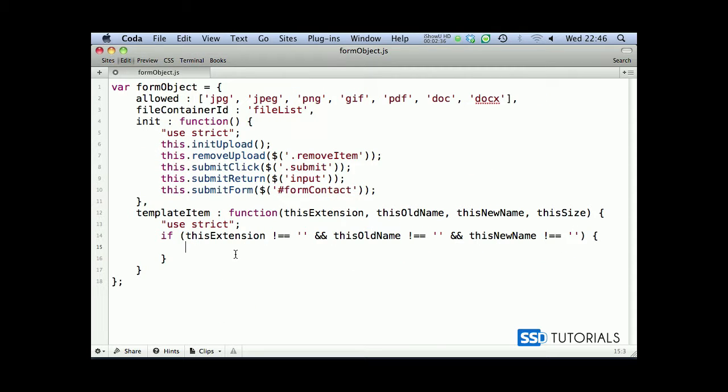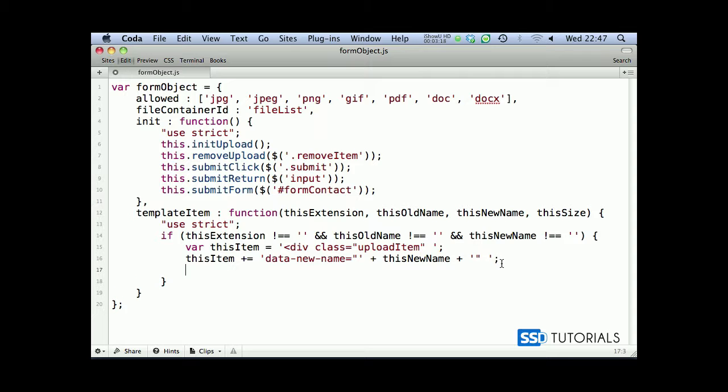So now that we know that we've got these values passed through the parameters, then we go for var this item equals, and we start with a div with the class upload item. Sorry, we're not closing this yet. So space, single quote, and now we're concatenating. So this item plus equals, we go for data new name attribute, and then double quote, single quote, plus to concatenate this new name. And again, I'm going to copy this new name, then plus to concatenate close double quote,